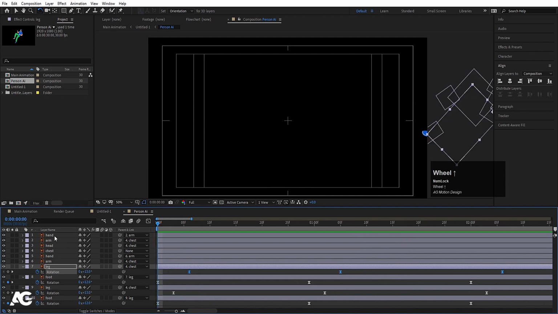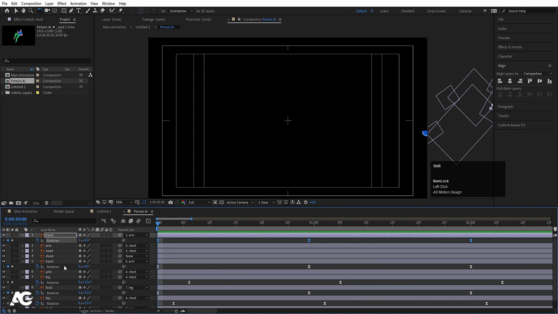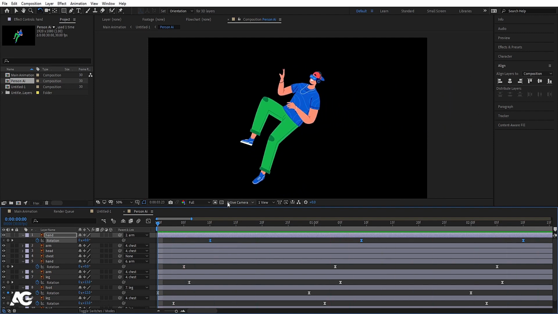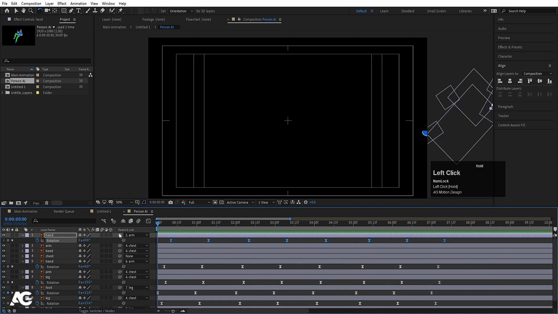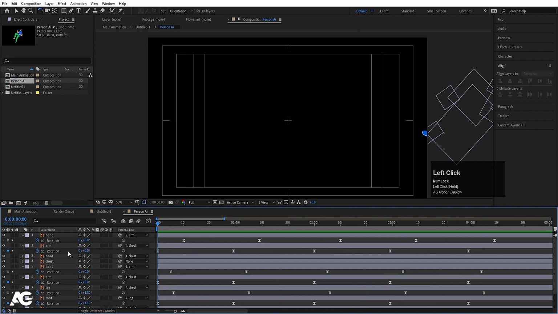Now we have to follow this procedure for our hands. I'll hit U. I'll select those hand keyframes by holding Shift, and I'll move them up to 5 seconds. I'll select this hand's keyframes and move them to 10 seconds like this, so we'll get this kind of action over here. Then I'll select this arm, I'll hit U, I'll select those keyframes. I'll select this keyframe also, zoom in, let's move this, select this arm, let's move this over here, select